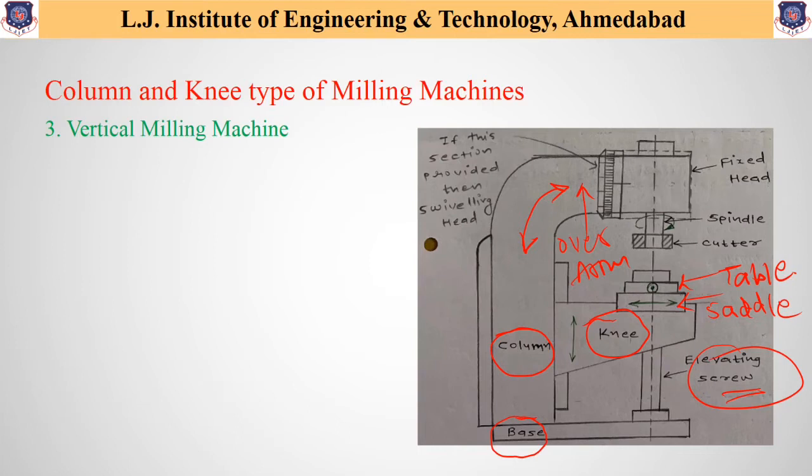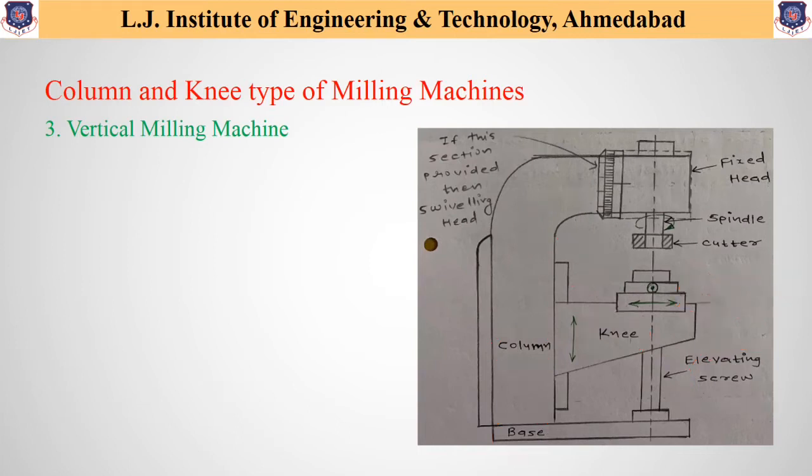Now starting in detail, first of all, as one can see, the spindle provided here has a vertical position, and hence this machine is called the vertical milling machine. And as we discussed in our first lecture, as the shaft is provided in vertical condition, that's why it is called the spindle, and it is used to hold the cutter, which is shown over here.